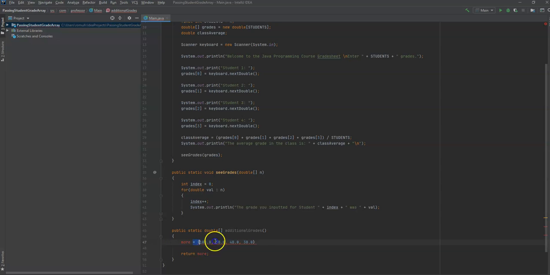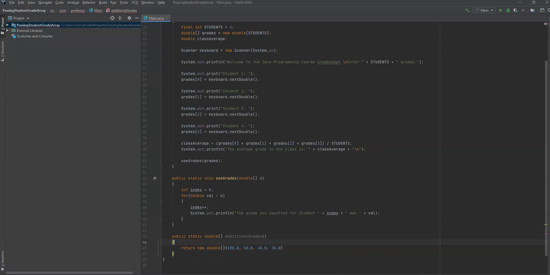So we can just say this right here. We don't need that variable, and we can just straight up return a new double array with those elements, and that passes muster. So what we're saying is this is a 4-element array with these grades inside of it,